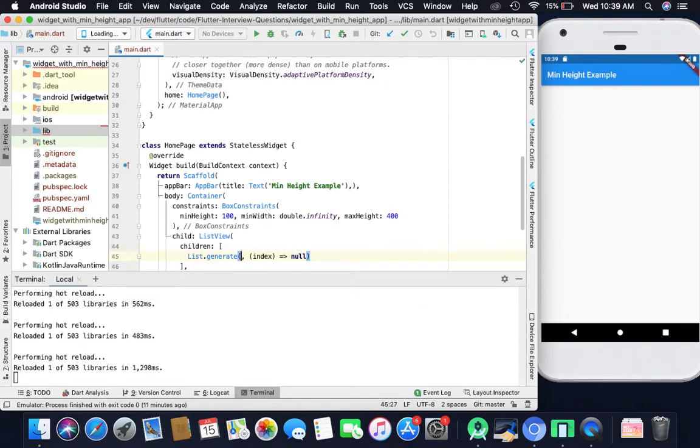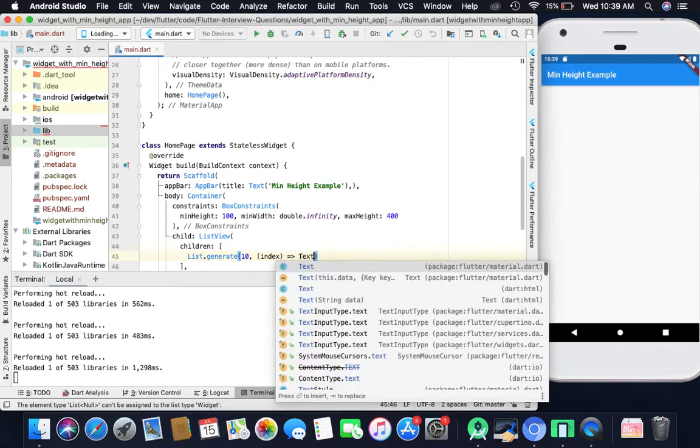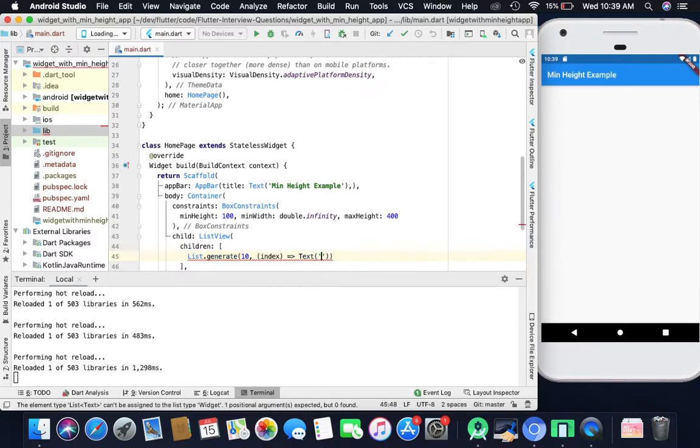Here I have to pass the count of the list which I want to generate, and here I will put a simple text, like Sample, curly braces, and I will give the index.